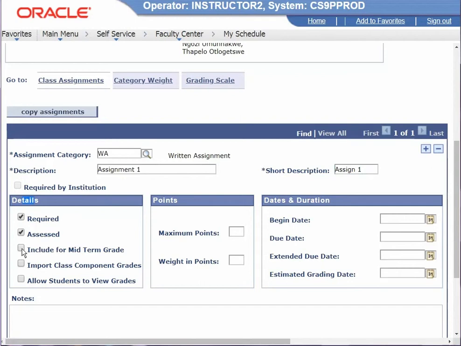Let's go to details. Include for midterm. Allow students to view grades. Please notice that that means this is CA. Maximum point, put 100. When you click on the bottom box, weighting point, the 100 will be copied down for you. Highlight over it, delete it, put a 15 for example,